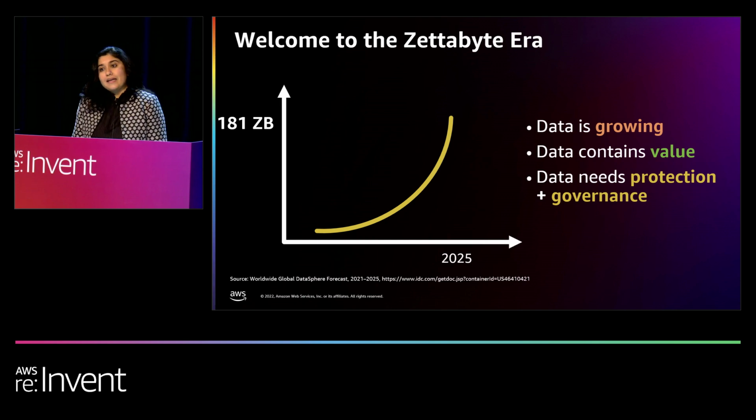And while it's exciting, it poses interesting challenges for customers of all sizes, for our CIOs, our storage administrators, on how to protect and safeguard that data. So let me start by talking about what is data protection in the context of this presentation. Data protection refers to strategies that one puts in place to safeguard critical, important data from loss, compromise, and corruption, and recover that data to an operational state to ensure business continuity. Our customers require a simple, cost-efficient, and centralized management system to be able to protect their data.